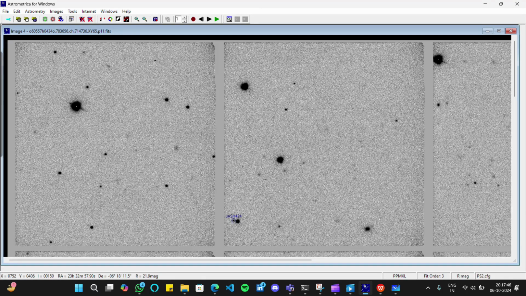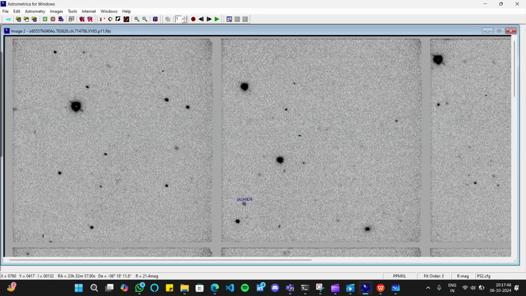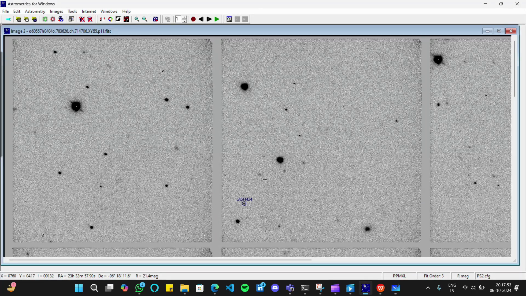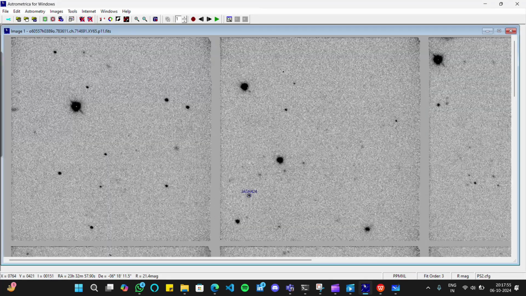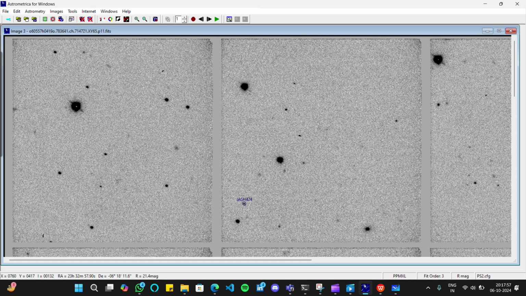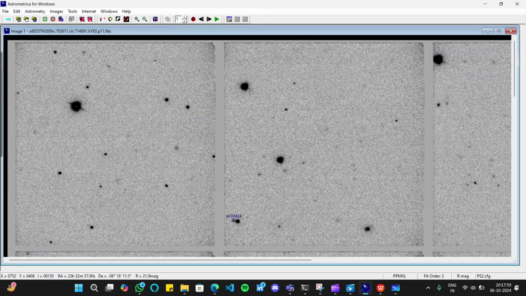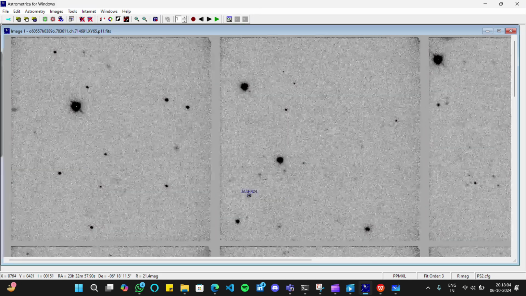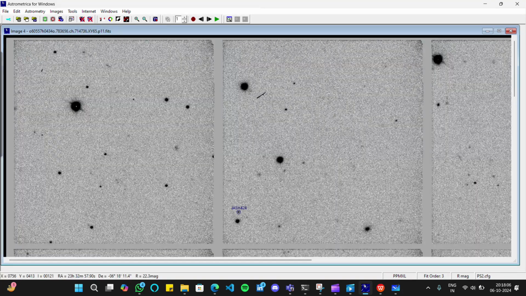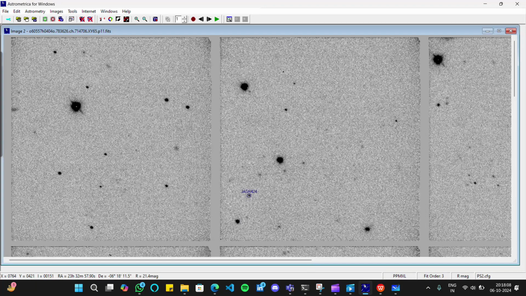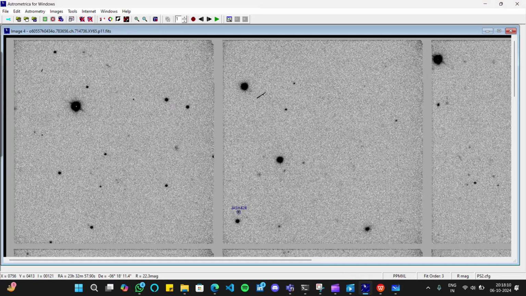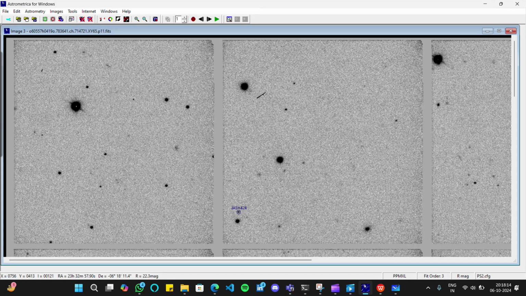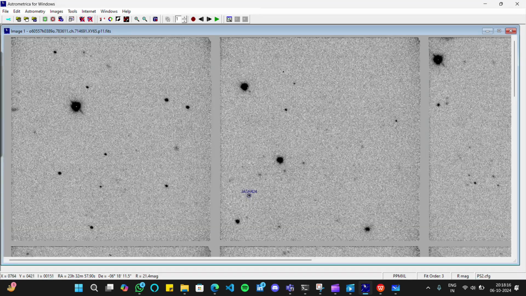Now let's come to the end part, how you can submit this asteroid, how to generate the report. Here comes the report part: how to generate the report of this asteroid. There might be other asteroids, so I'm just giving you one example of this asteroid. I found a moving object which I named Jash 424, and now I will submit a report to IAC and NASA will approve it, and likewise it will become an asteroid.